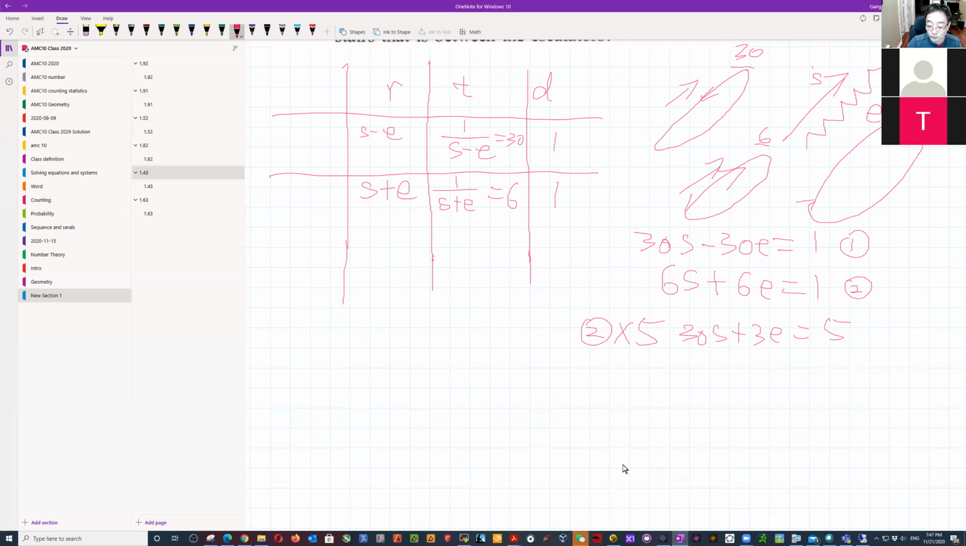And then if you do the addition, this adds this, going to be 60s equal to 6. So basically this is 10s equal to 1 and s equals 1/10. So basically, the time used is going to be the reciprocal of the speed. That's 1/10 of the stair. So the time, so basically here is the